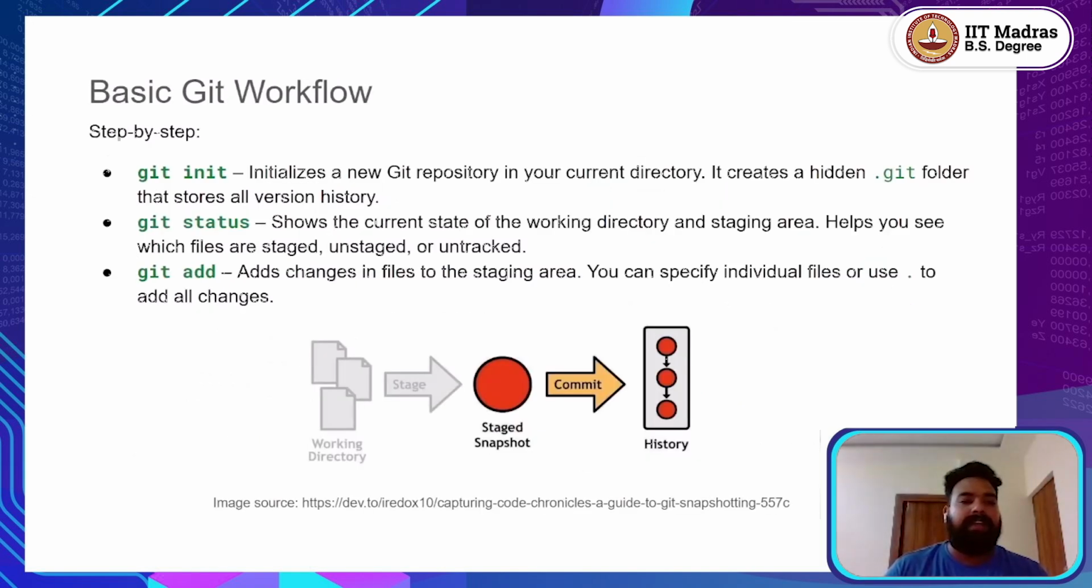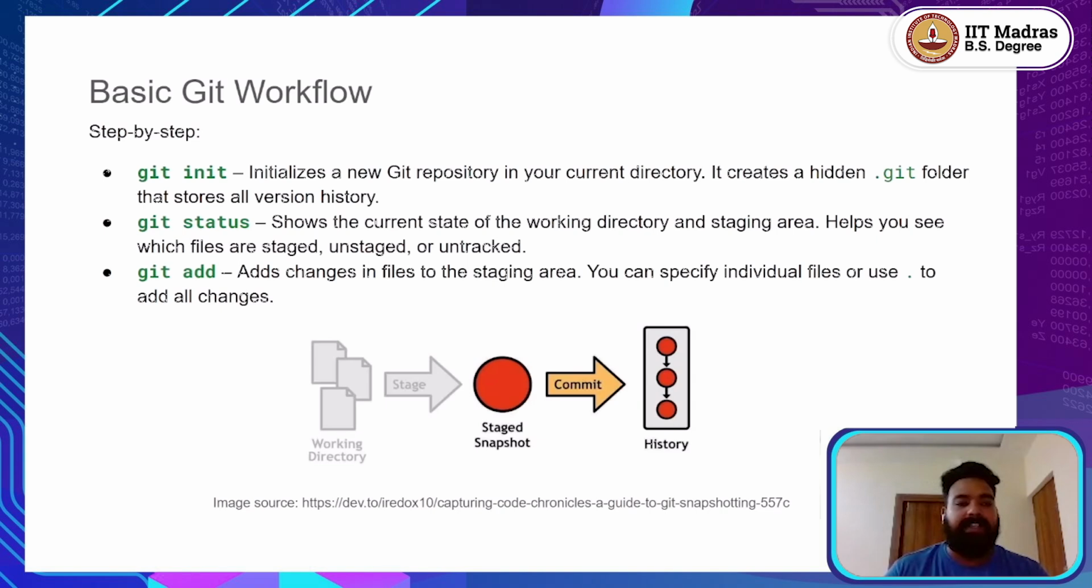Now that we understand what Git and GitHub are, let's go through the basic Git workflow. When you start a new project and want to keep track of it using Git, you begin by initializing a Git repository. This is done with the command git init. Running this command in your project directory creates a hidden .git folder. This hidden folder is where Git stores all the information about the history of your project, your commits, branches,